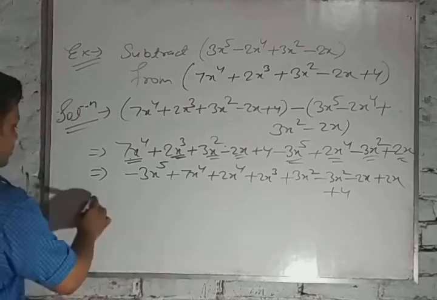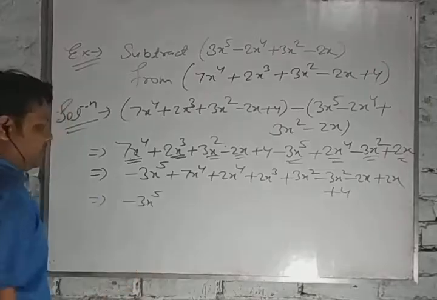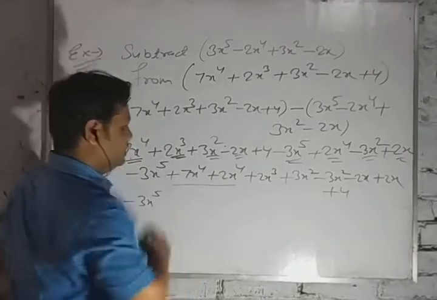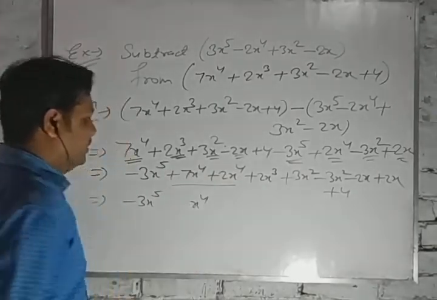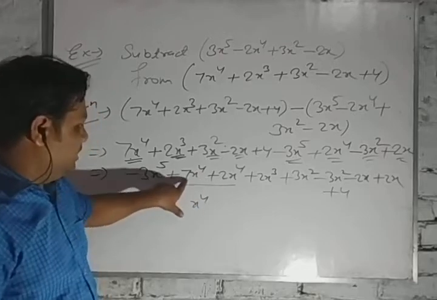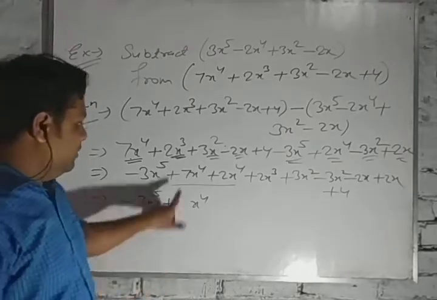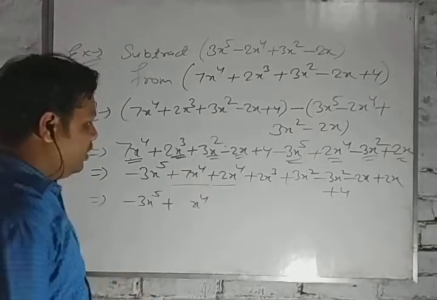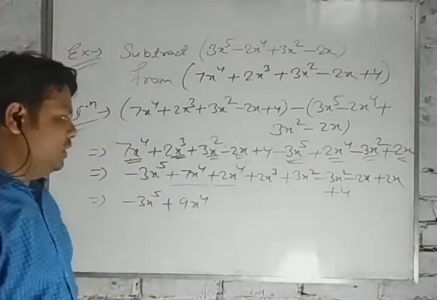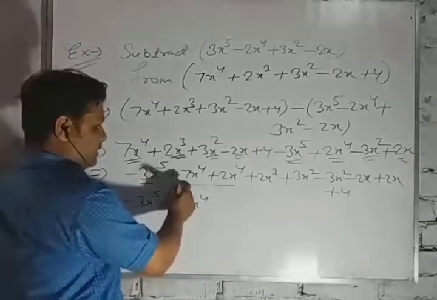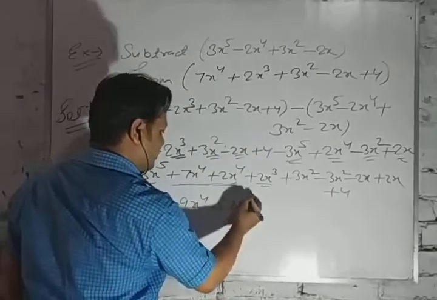Okay dear. Now you can see that here there is only x to the power 5, so we will directly write this term, minus 3x to the power 5. Now these are two terms, so here you will solve. At first x to the power 4, so we have to write x to the power 4. Here both have a plus sign. The bigger one is 7x to the power 4 and it has a plus sign, so we will write a plus sign. Now plus plus plus, that is 7 plus 2. We only add or subtract the constant terms, so 7 plus 2 will be 9x to the power 4. Done. After that, cube: only one, so directly we will write plus 2x to the power 3.